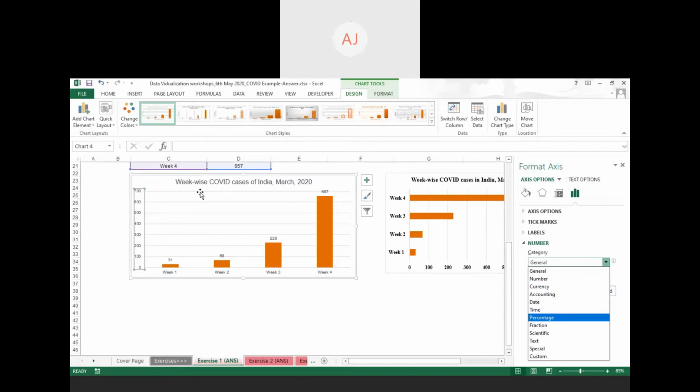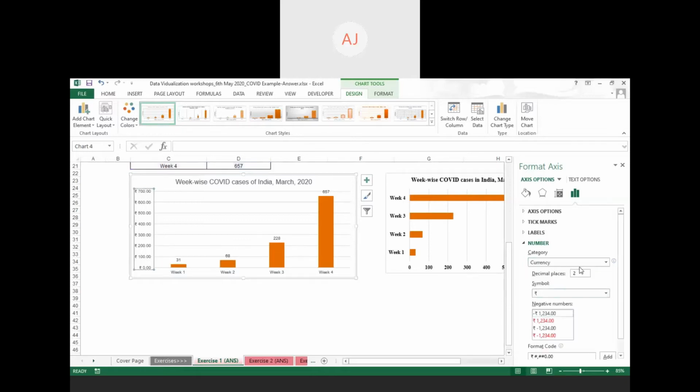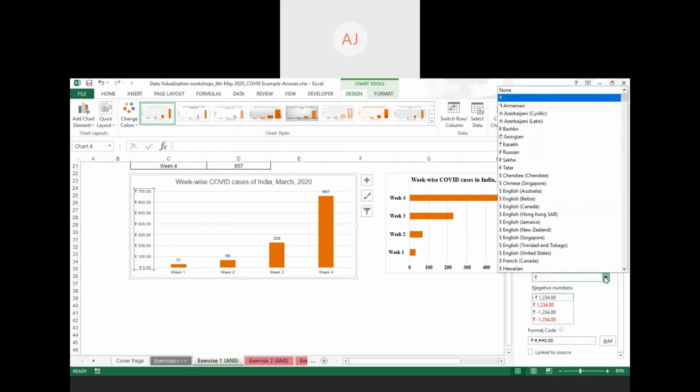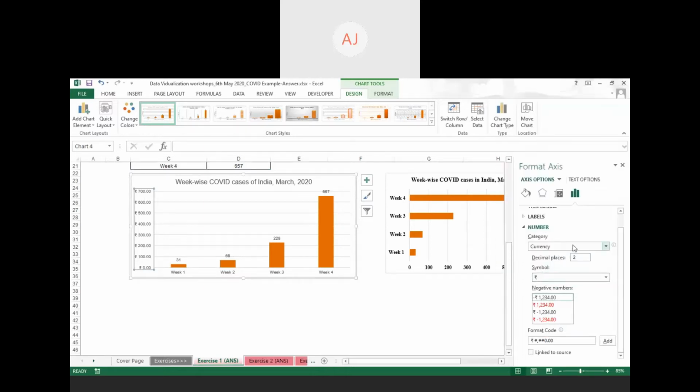So in that case, if you are making any global presentation, I'll suggest you go for the dollar. You can use the currency option for changing to dollar. And if you want to show any Indian presentation, you can use a symbol like rupees or any other symbol. You can use whatever you want.